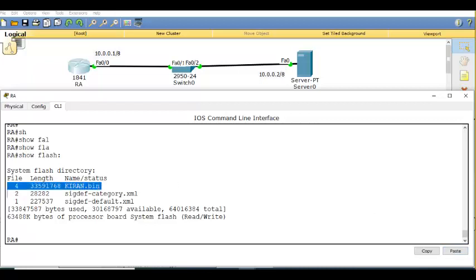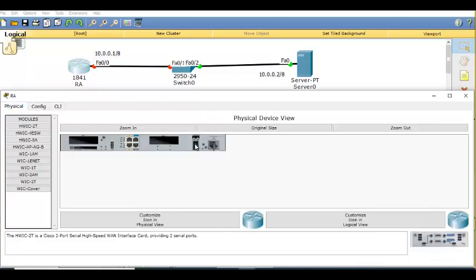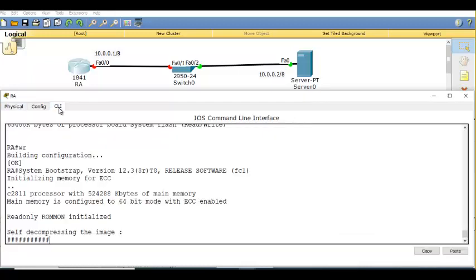Yeah? Yes, sir. Now, if I switch off the router, no problem. It will boot. It will decompress. What is it decompressing? It is decompressing the kiran.bin operating system now.